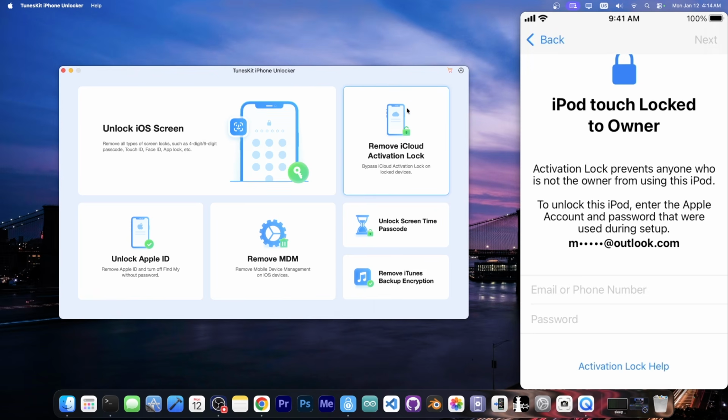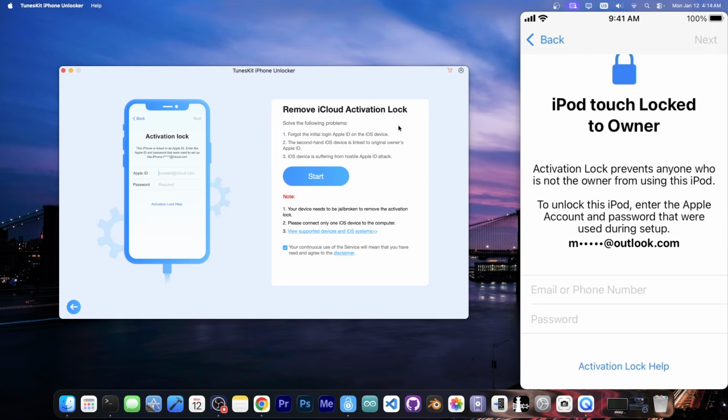So to do that, we're going to have to use the remove iCloud activation lock part over here. But there are other tools as well that you can use for various issues with your device, like the unlock iOS screen if you forgot the passcode of your device, unlock Apple ID for Apple ID, remove MDM for mobile device management profiles, and of course if you forgot your screen time passcode, you have this option over here, and this one is for iTunes backup encryption if you forgot the password for your iTunes backups. But this one is the one that we need right now, so I'm going to click in here